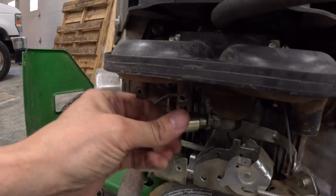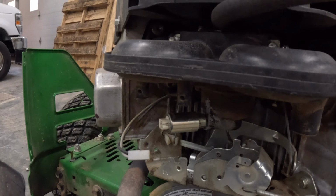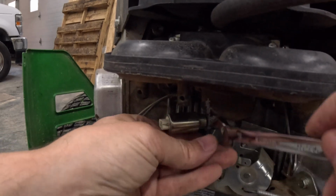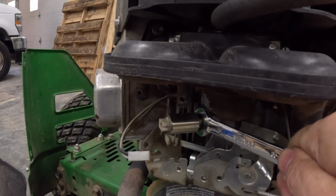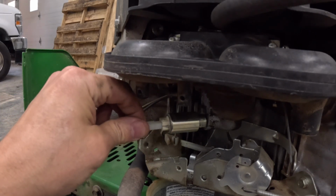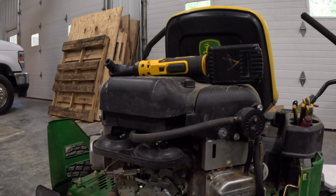So basically we've just turned this electrical solenoid into just a plug. And we'll take our 13-millimeter wrench and snug it down. There we go. And it's not going to do anything anymore, but we'll go ahead and plug it back in. The other thing we want to do, since we've disabled the fuel shutoff valve now, is we'll put a new